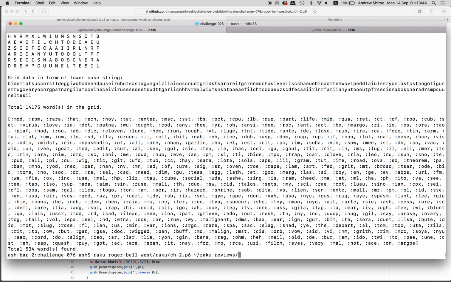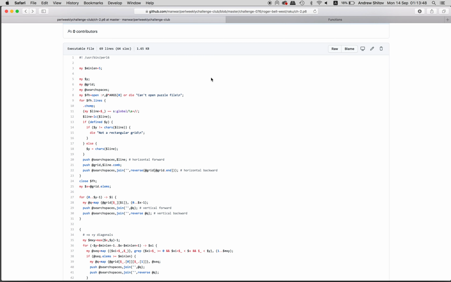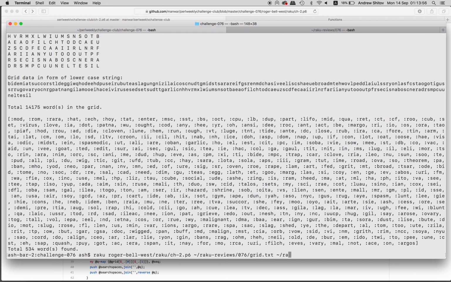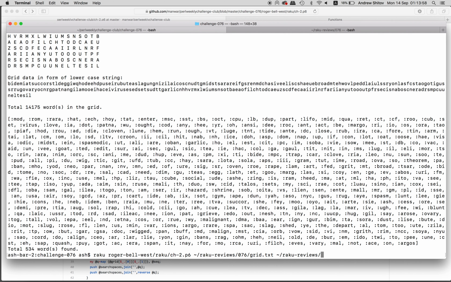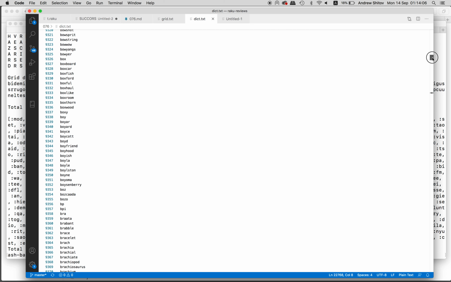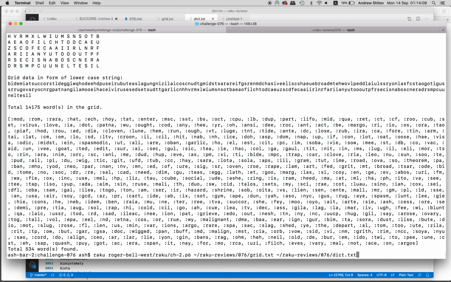Raku reviews 76 grid, the puzzle. I believe it's fine because it will remove spaces. My file contains spaces. Then we need the dictionary, but definitely I don't want to supply the whole dictionary. Let's just skip. Well, maybe just make